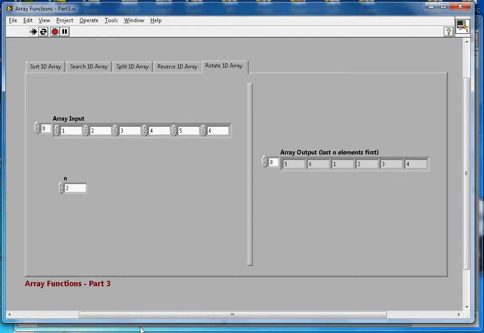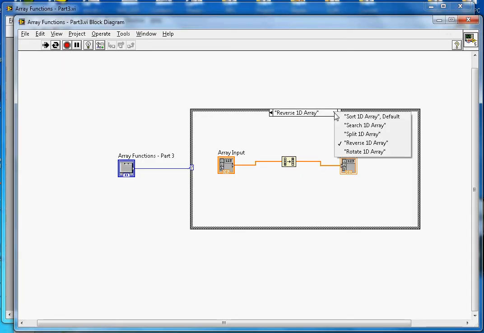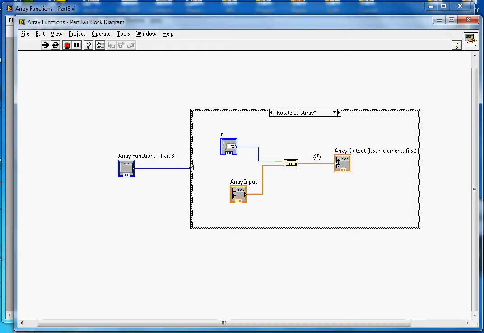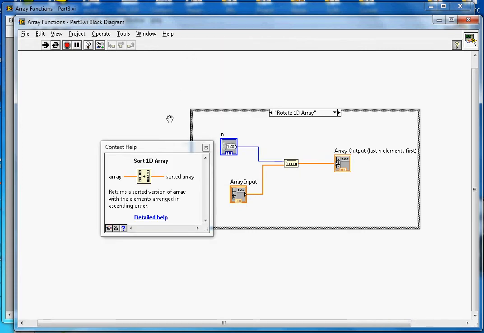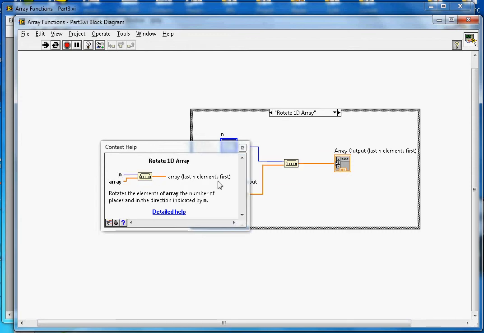Now if we look at rotate 1D array, let me show you the help here, and I will select this element. As you can see, it shows that the element goes at the first position, and then it shifts all the others to the right hand side.